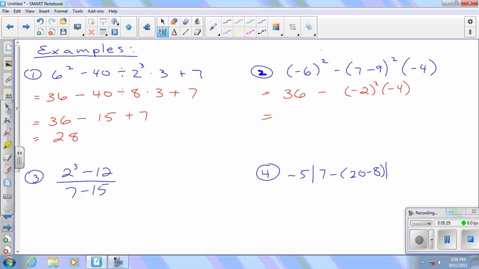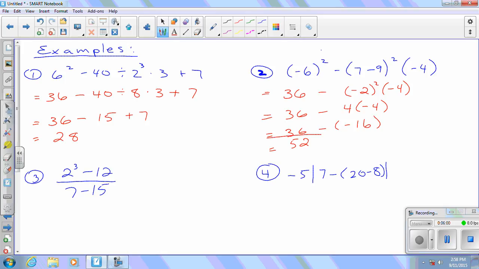So I'm going to do that -2 squared first, which will give me a +4. So I'll have 36 minus +4 times -4. Well, a +4 times a -4 is a -16. So I've got 36 minus -16. When I'm subtracting a negative, remember that's like adding. So that will give me, I'm going to add 16. So that'll give me 36 plus 16, 52